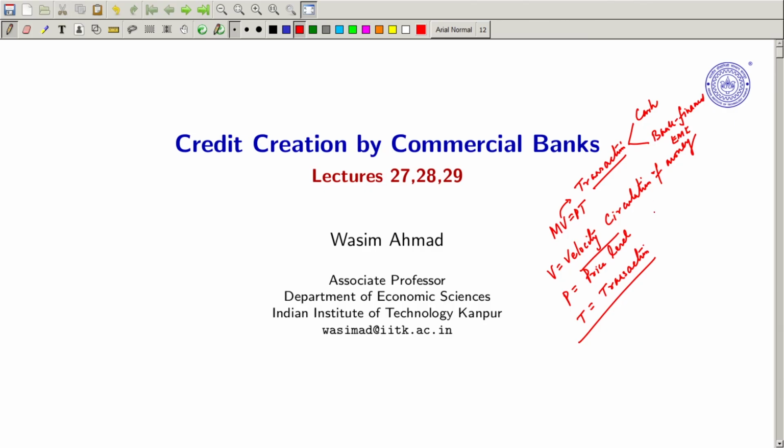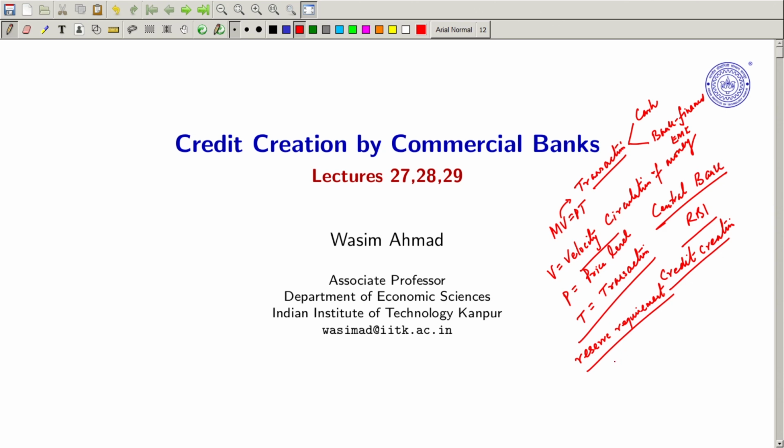In credit creation, one of the good things is that it is linked with the central bank. The central bank, in case of RBI, decides the strength and weakness of the credit creation. How do they do it? They use reserve requirements. Each bank, when they receive a fresh deposit, a certain portion of that has to go in the form of reserve, and the rest of the amount they can use for lending.